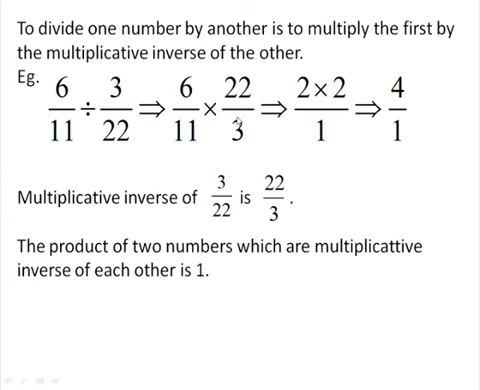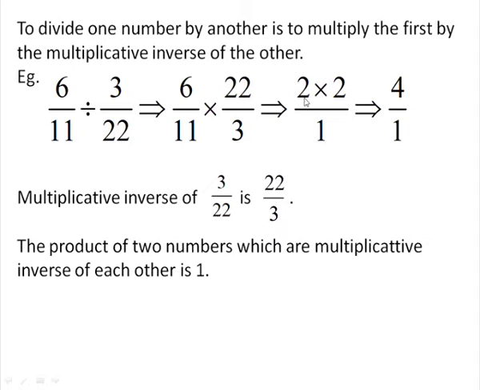Yes. Look at the numbers now. Here 6 is a multiple of 3. So you will take 3 ones are 3 and 3 twos are 6. So you will get 2 here in the numerator. Again 11 ones are 11 and 11 twos are 22. So you will again get 2 here in the numerator. And both the denominators have become 1. So there will be 1 in the denominator.